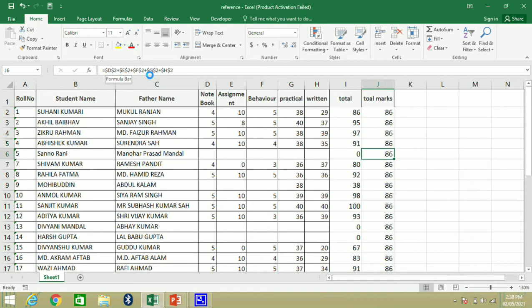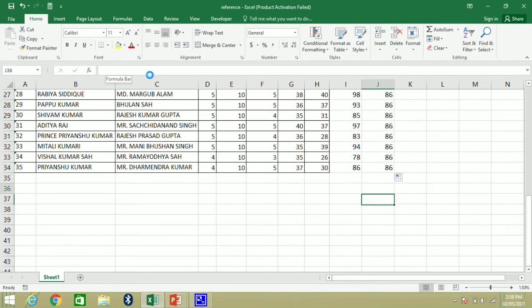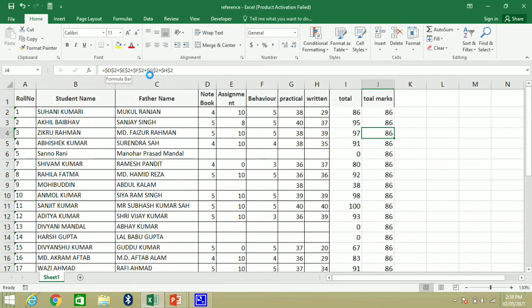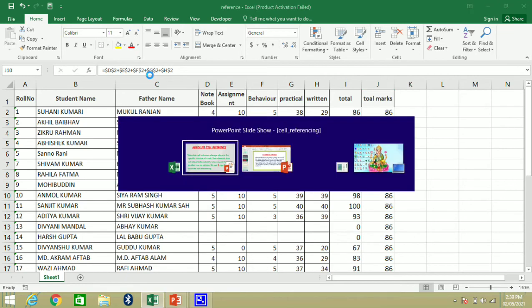If we put the dollar sign with the row and column, it becomes absolute cell referencing. It is not the default cell referencing. Sometimes we need the formula not to change automatically, and in that situation we use absolute cell reference.